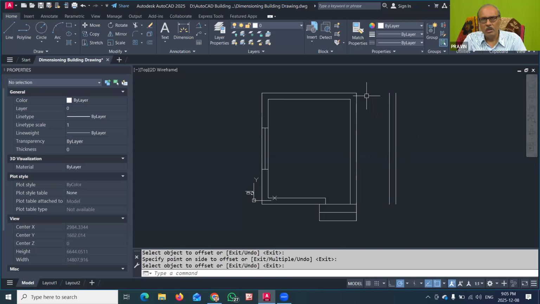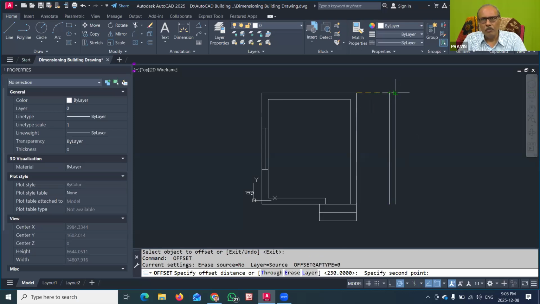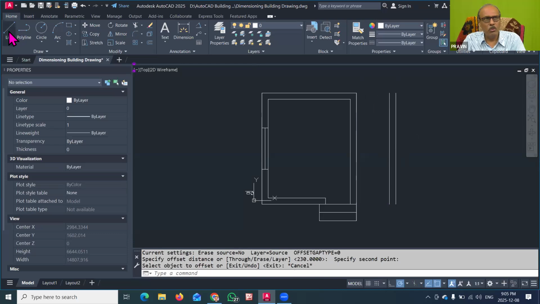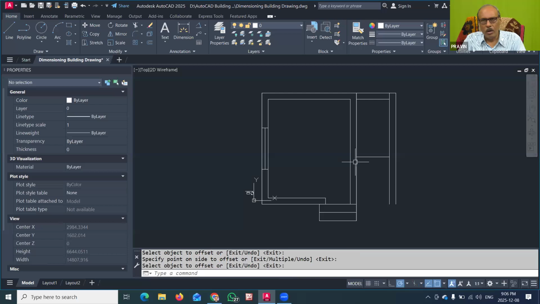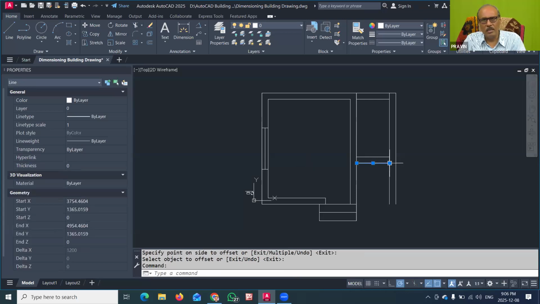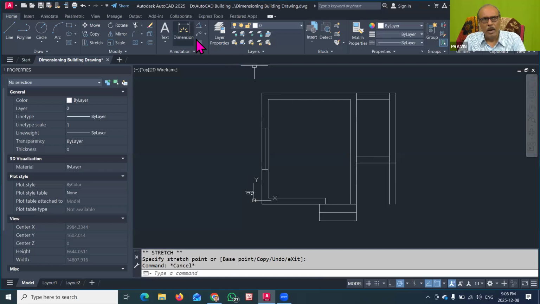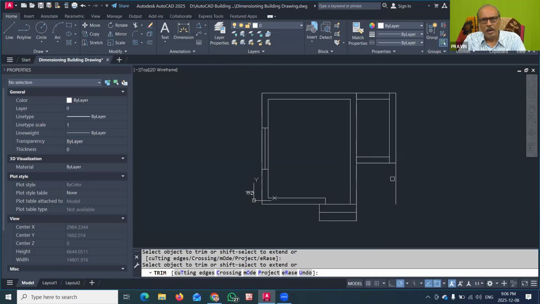And now here I will use the line command to join. So this is one of the lines, and then again I will take the projection, and this is again one of the toilet blocks. So here I have to show the offset by 2100, that is 2.1 meters below, and now again offset by 230. So this is again wall, and now I will trim the remaining part. So for that I have to extend this line up to the end, and then I will trim the unnecessary lines. And in this way I have created one room and then one toilet.